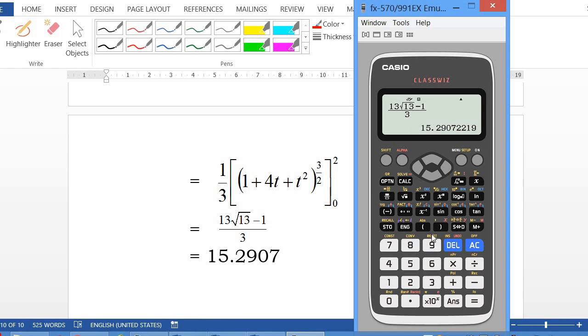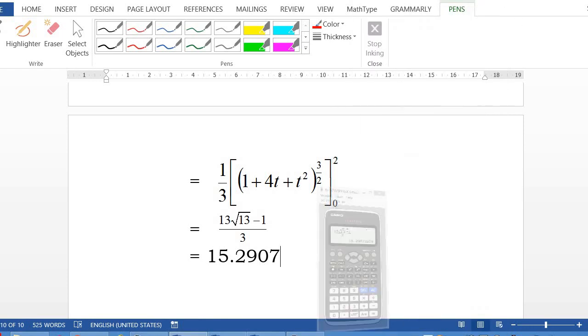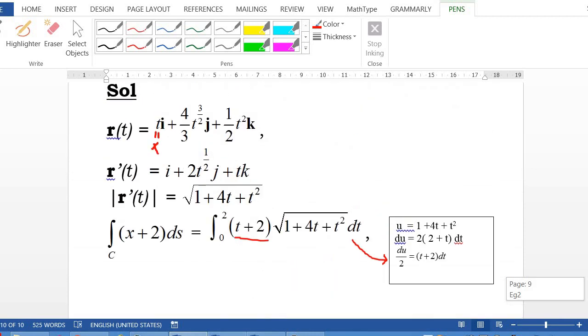Yeah, same. So in case you forgot how to integrate it,